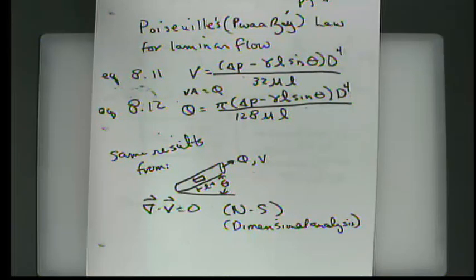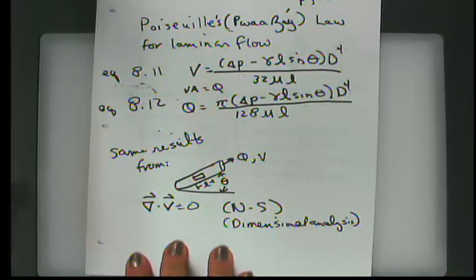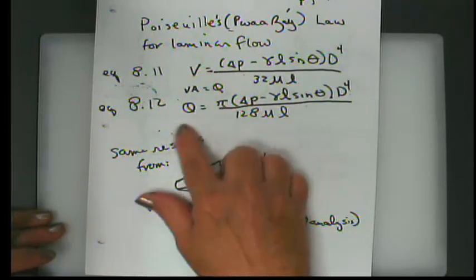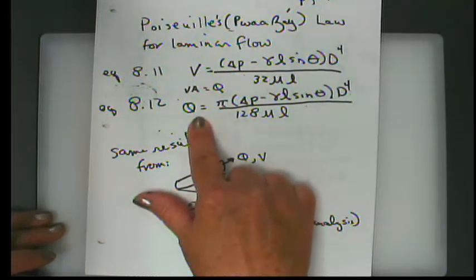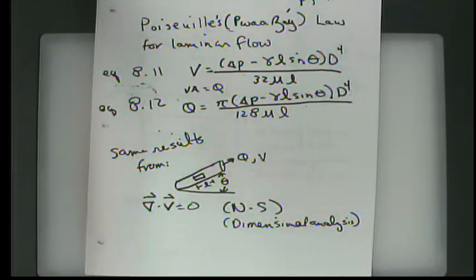But there are actually two independent scientists who were sort of contemporaries, Hagen and Poiseuille, and both came up with these ideas. And so the type of fluid that's governed by these equations, in other words, fully developed laminar flow, is sometimes referred to as Hagen-Poiseuille flow. So these equations for velocity and flow rate are true for fully developed laminar flow,